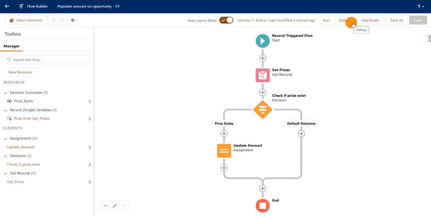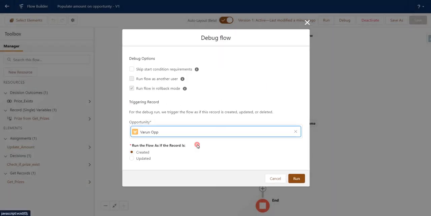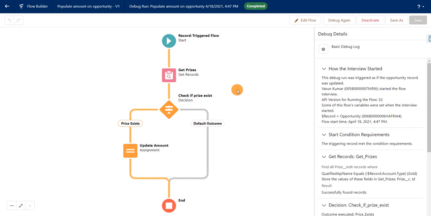You can also debug this here as well. You can click on debug and select an opportunity. This is the opportunity which I selected. I'll choose run the flow as if the record is updated and click on run. You can see I've given the account type as gold, and this returned a value, successfully found records, and this decision was satisfied, price exists, and it has updated the amount.